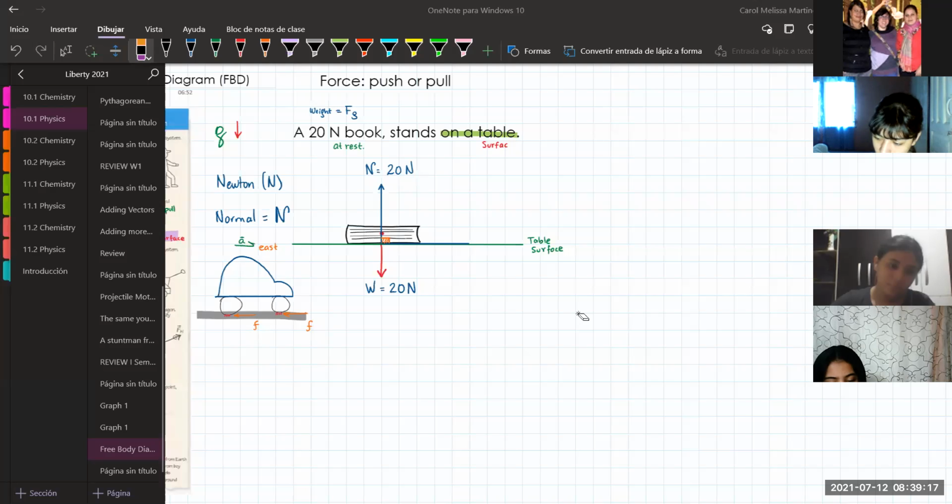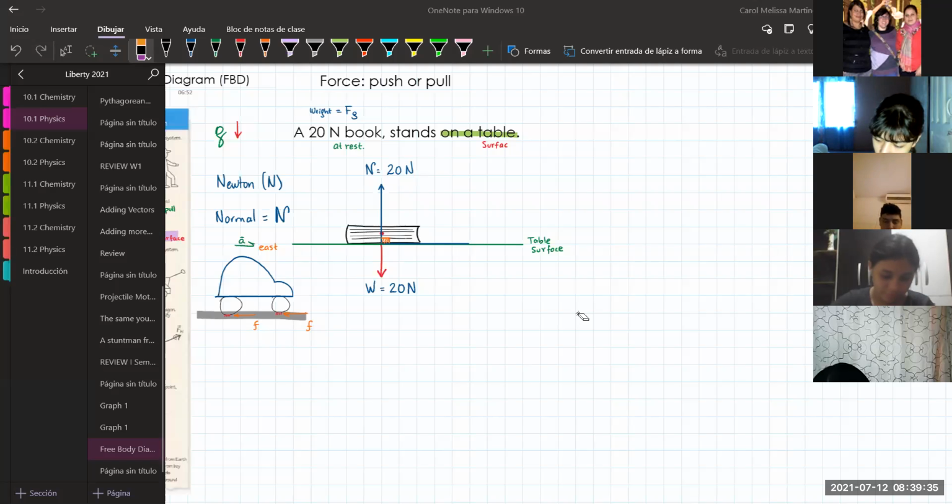And when it says stands on a table, it means that it's just on a table, not moving, okay? It's just on a table. In other words, there are no forces acting on the book because the book is just on the table. That's what it means, even if it sounds very obvious, okay? So, one other thing that is important is